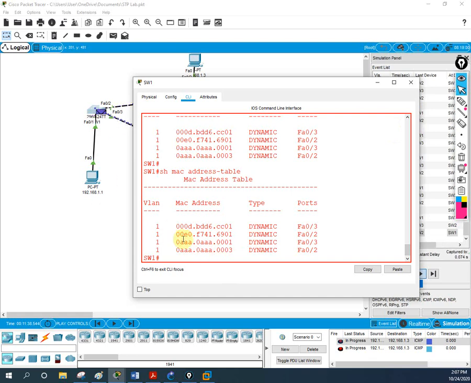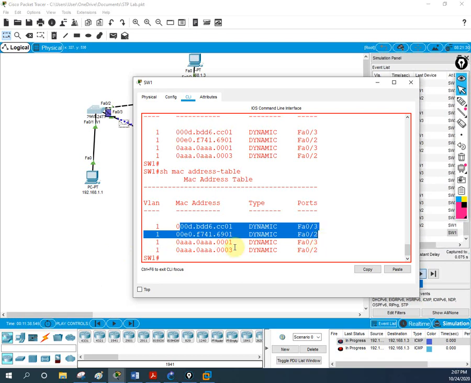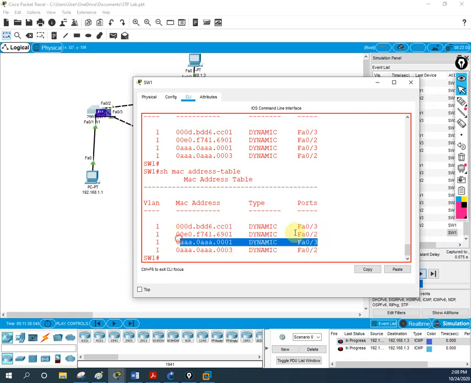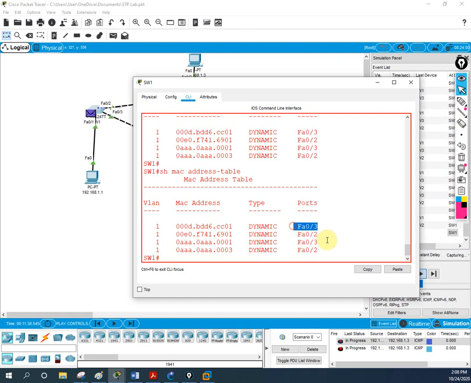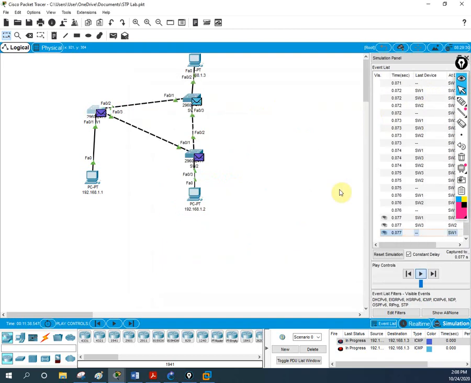Okay, if I do here, I think these 2 PCs I did not change, maybe for the other PCs, but anyhow if you see this port here, F0/3, they have one entry, but here they have another entry, right? So the switch is confused, the switch is unstable. They are unable to detect which port is connected to which PC. They have the issue, and they created the loop. They have the loop in the network because we disabled the spanning tree protocol. See how it is creating the loop.